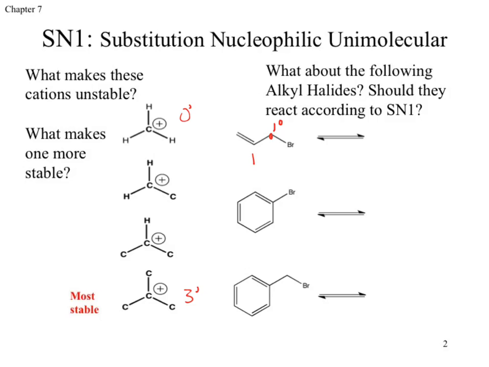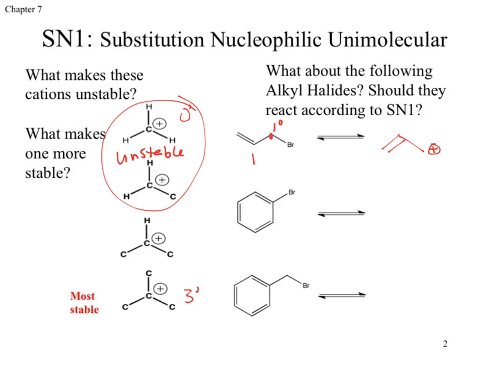Would we expect a primary halide to react in an SN1 reaction? No, because we form one of our really, really unstable carbocations. Okay? However, this species does react. Okay? We do see a reaction in this. What does that necessarily mean? That carbocation, or the carbocation that is formed in this, must be stable. There is no other option. Okay? So if we drew that out,